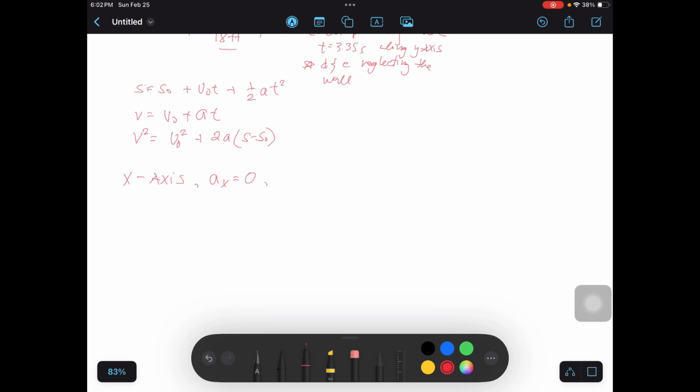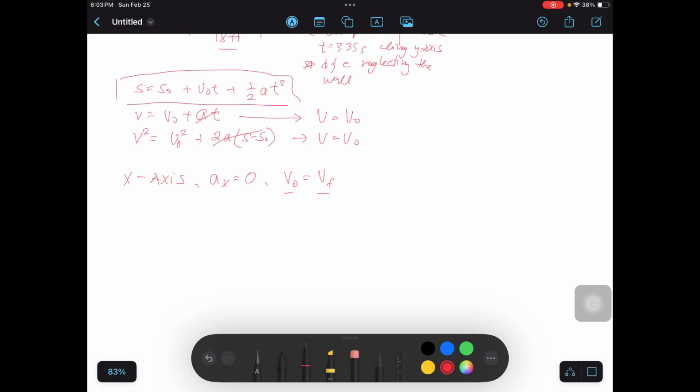And along x-axis, VO is equal sa final velocity anywhere sa trajectory, or at any point sa path ng projectile, VO is equal to VF. So, since zero acceleration, this equation is just V is equal to VO, and this equation also, zero acceleration, V is equal to VO. So, we will just use this